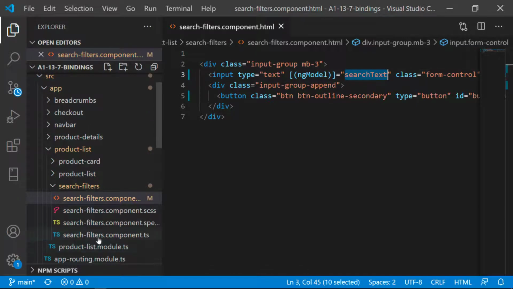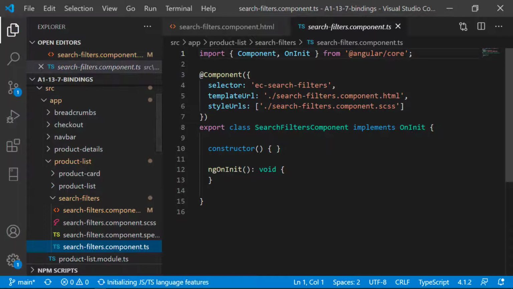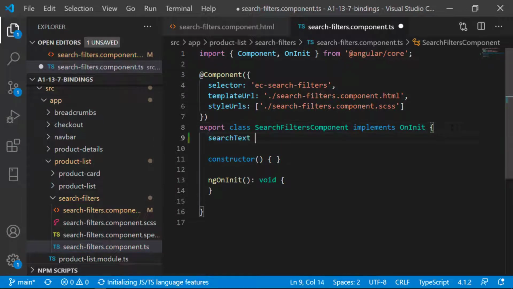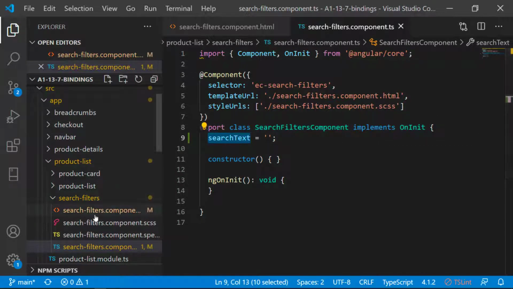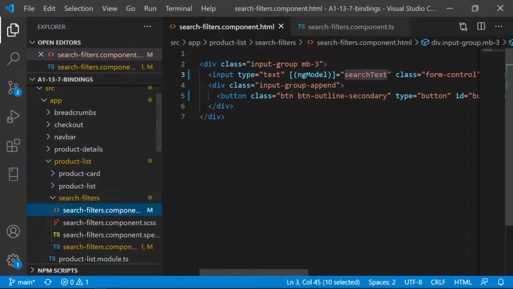Let's check that in search filter component.ts. It doesn't exist, so let's declare one searchText model. While editing it, copy this and just paste it somewhere in the component itself.